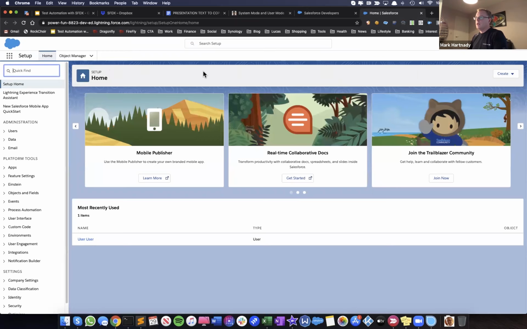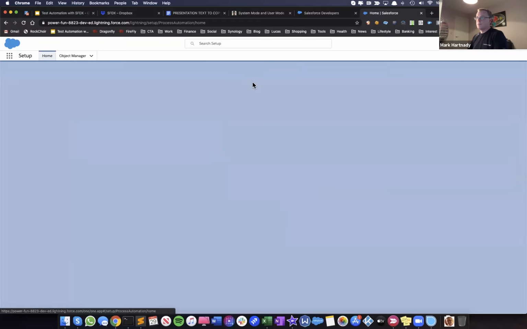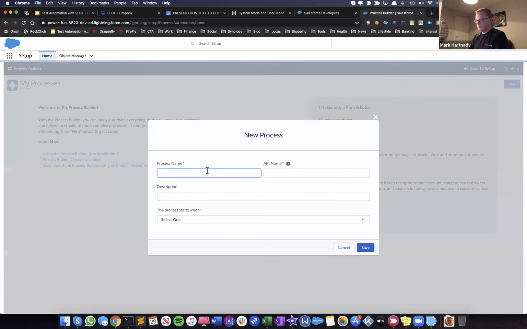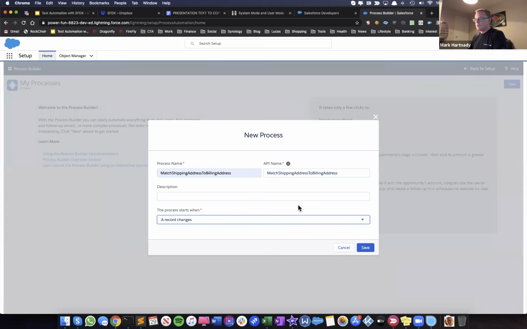Okay. And what we're going to do now is we're going to build a quick feature, right? So if you go to Process Builder, we're going to create a new process, very quickly. It's going to do something very simple. And we're going to call it match shipping address to billing address. You can call it whatever you want, it doesn't really matter, but that's what it's going to do. And that process is going to start when a record changes. So if you save that,